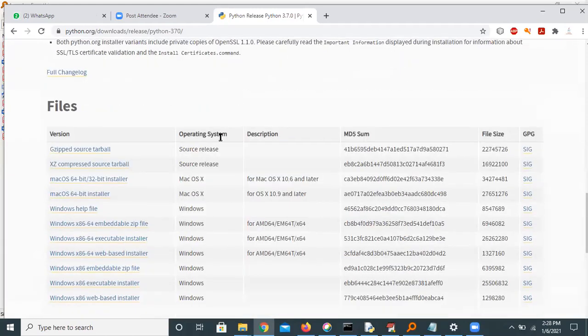Here they mention the operating systems. Our operating system is Windows. x86 means 32-bit, and 64 means 64-bit. Only one software is used for both. We will download the executable installer. You can click on this, then it will download automatically.